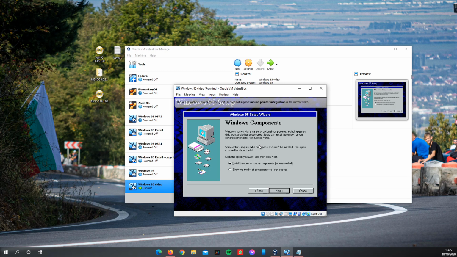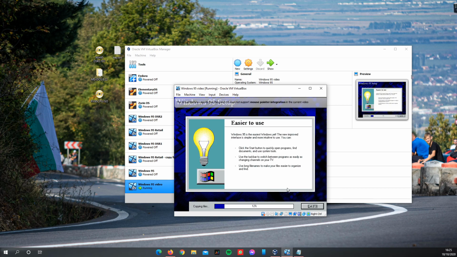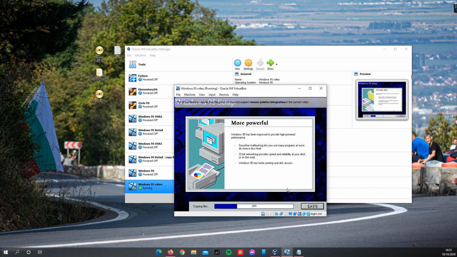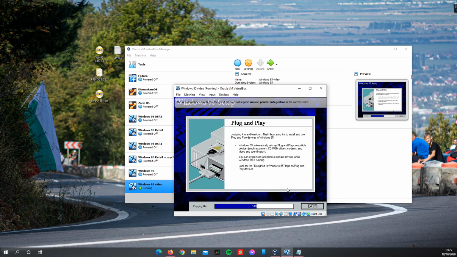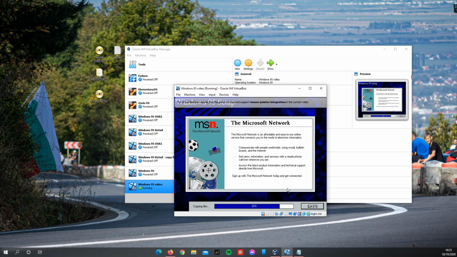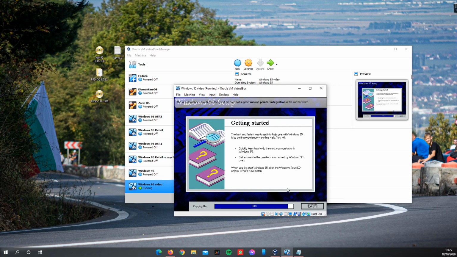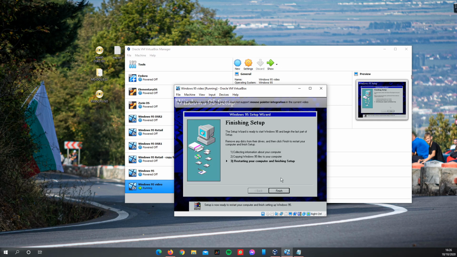Now we're going to install the most common components and hit next. And we're going to go with I don't want a startup disk. And we're going to hit next and next. Now it's going to just start copying files. And when it does restart, it's going to actually go from the Windows 95 boot, and we're going to need to apply the fixed 95 CPU. So we're going to click Finish